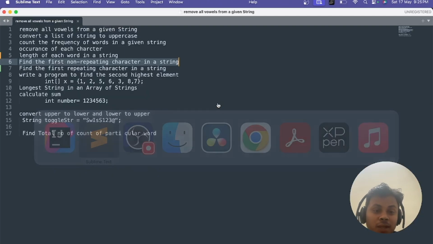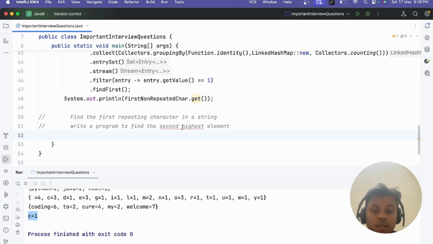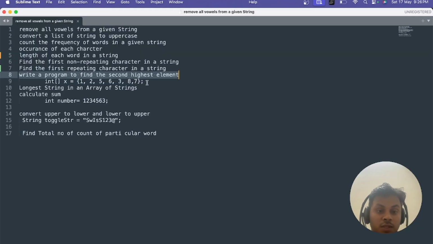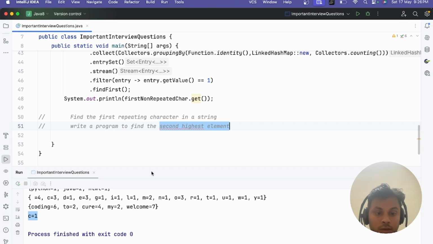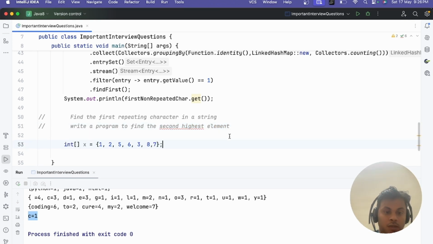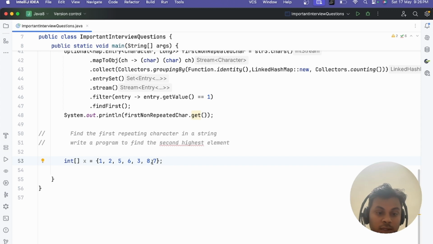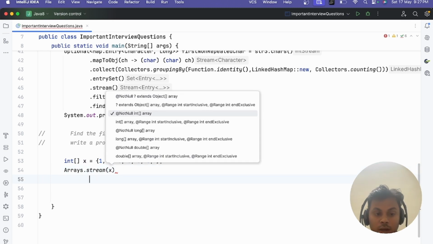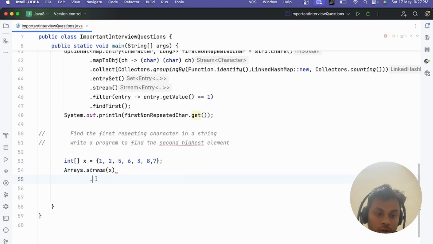Okay, go to the next question. Write a program to find the second highest element. Suppose this is an array. We have to find the second highest. The second highest is 7, right? First I need to convert this to a stream, right? How will we convert it to a stream? Arrays dot stream, I'll pass this array. Now find the second highest. Second highest is 7, right? So here we can do